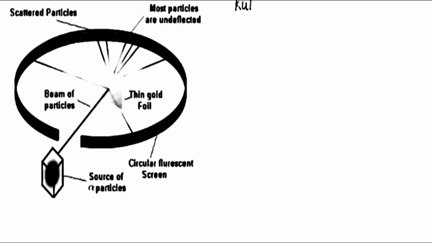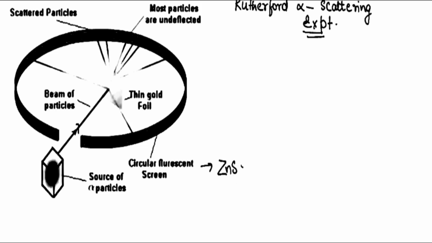So Rutherford alpha scattering experiment. In this experiment, a source was taken which emitted alpha particles, and these alpha particles would strike a thin gold foil, and a circular fluorescent screen of zinc sulfide was placed here. Now what happened is, whenever an alpha particle struck this zinc sulfide screen, a flash of light appeared. So the observations were